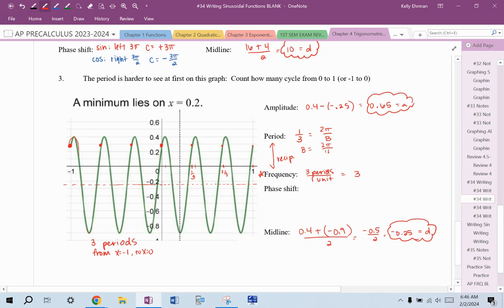Divide by 1/3. 2 pi over 1/3 is 6 pi, so b is 6 pi. All right, what about the phase shift? So I was using a weird spot to start to mark off the period, but now we're going back to saying, well, where's the sine curve, where's the cosine curve? So again, this is made a little trickier because we don't have tick marks on the axis, but let's just